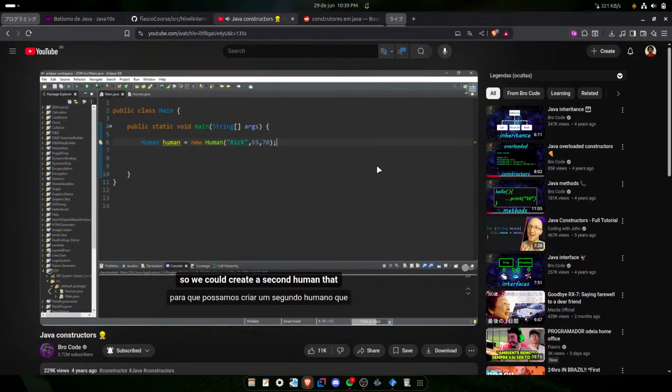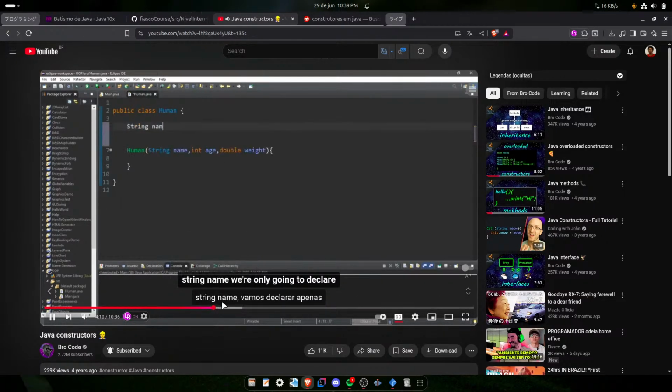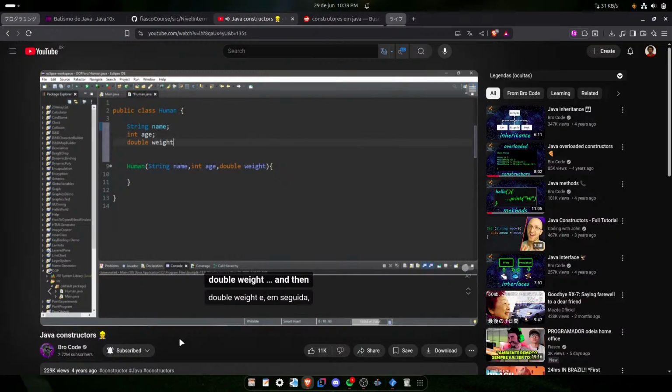So we could create a second human that has a different name, a different age, and a different weight. But we first need to assign these values to the attributes of our class. So let's head name. We're only going to declare this int age and double weight. And then within the constructor, we're going to assign